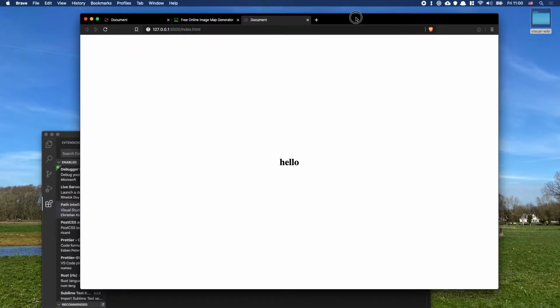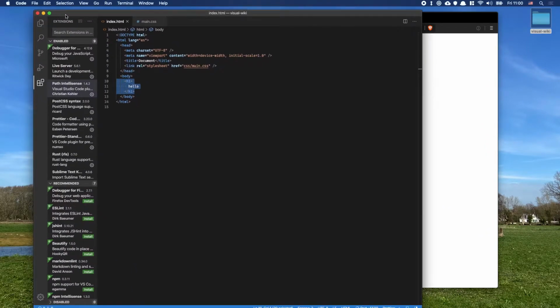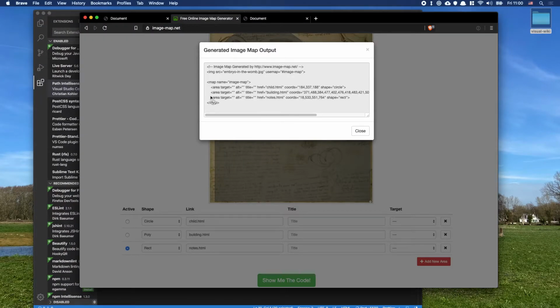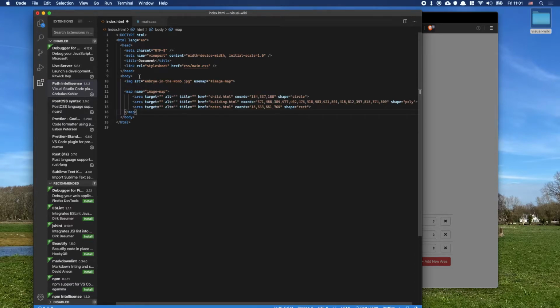Okay. And image maps, the way that they work, you can see in the code here, is it's just an image tag that has this extra attribute called usemap, and that links to an image map with the same name. So this one's called image map, so this one should be called image map. So we can copy and paste this code, but note that it's really important to understand that there's nothing special